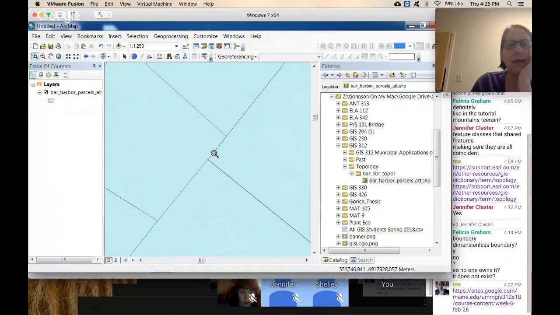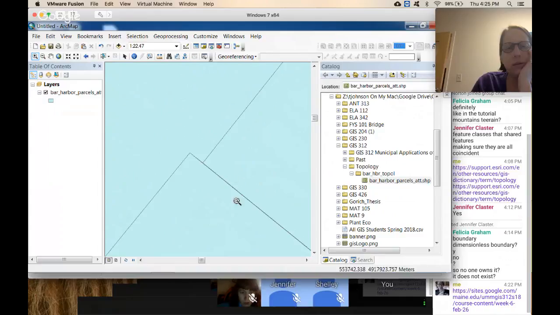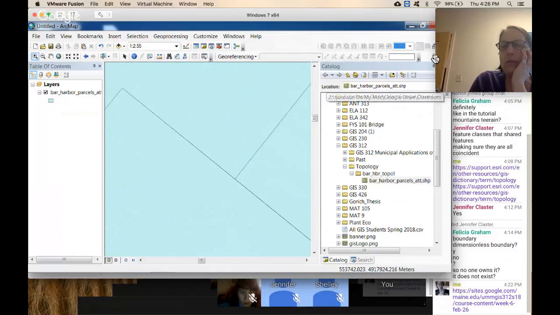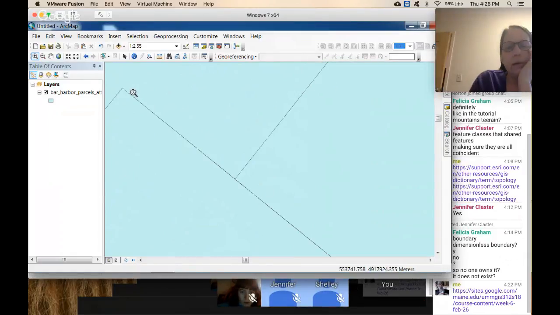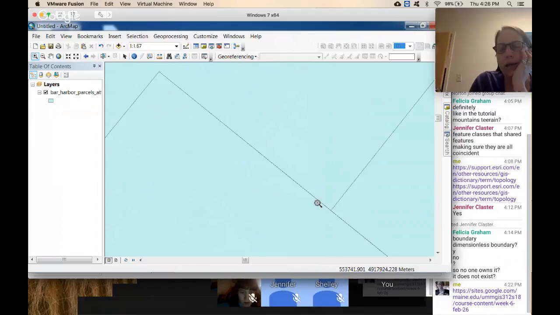And in fact, I think that there are several problems here. So for one thing, if I use my select tool, I'll make it a little more obvious. Let me zoom in really close. When I zoom in like this, you start to see that there's actually a gap, and it's